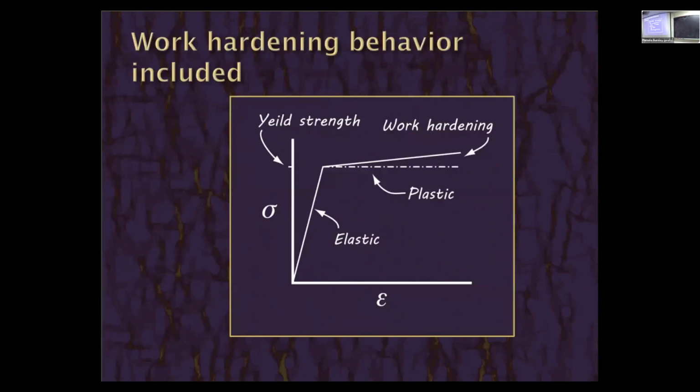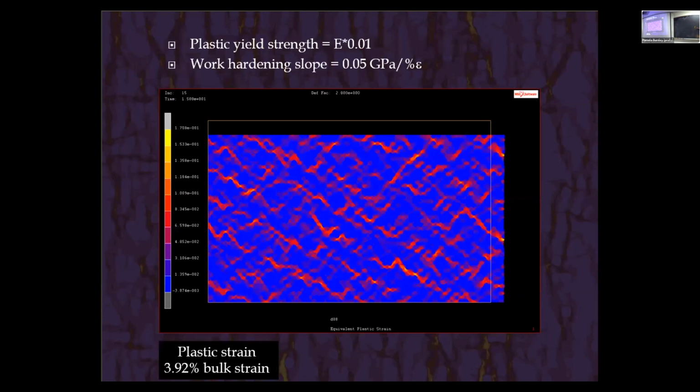So it seemed really important for me to demonstrate that I can get rid of shear localization if I want to, right? And so what I can do is crank up the work hardening. So here's a new rheological model for my model element. I have an elastic phase. I hit that yield stress, but then after that, I can put in a work hardening slope. And if I do that, then what happens